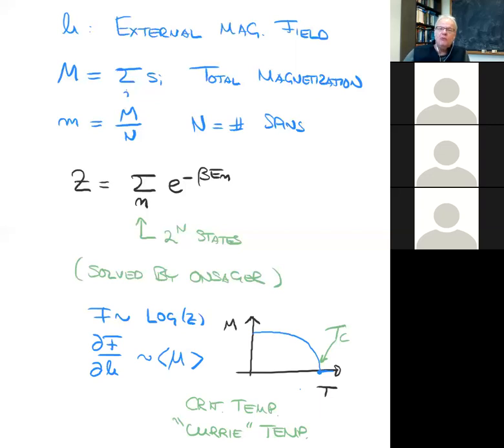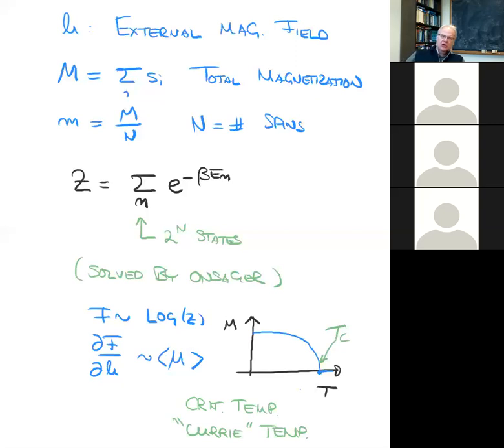And of course, there are many more high energy states than there are low energy states. Because if you have a state of the system where all the spins are aligned, that's a unique state. Out of all these 2 to the n states, there's just one that looks like that. But there are many, many more states in which the spins are disordered. And so at high temperature, eventually entropy wins. There are so many more states in which the orientation of the spins is essentially arbitrary that eventually the magnetization drops to 0.